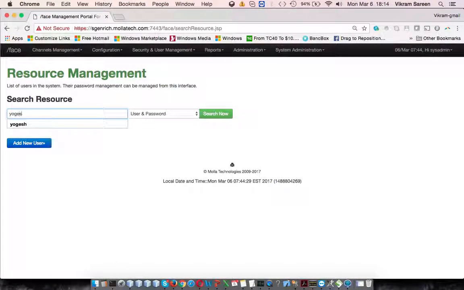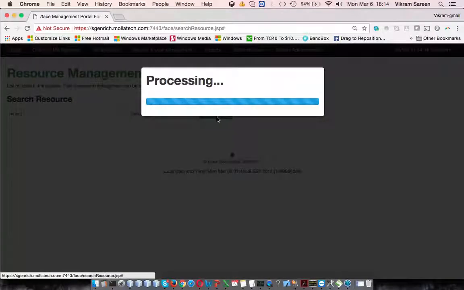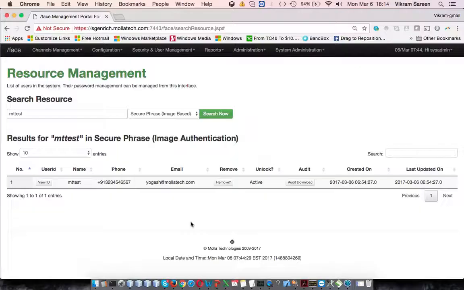So I'm going for the user, empty user. Again, this user should have an image assigned to it. We won't show the image over here, because then the operator would come to know it, from the user point of view. So if you see over here, the image is already